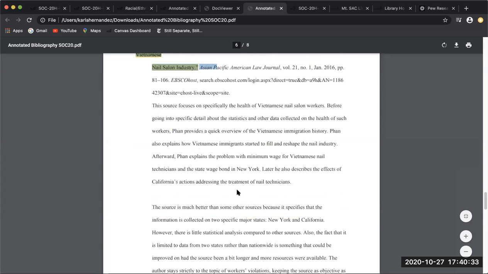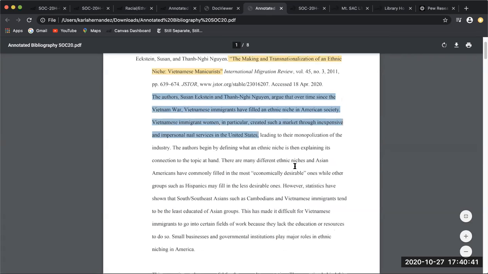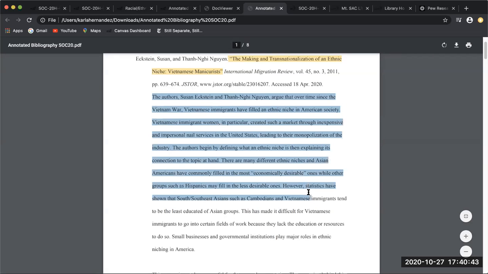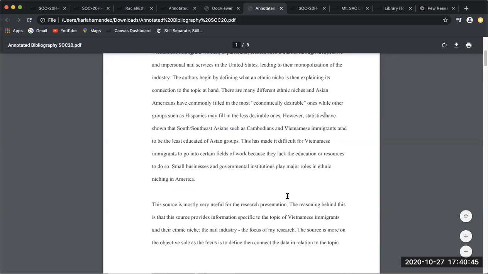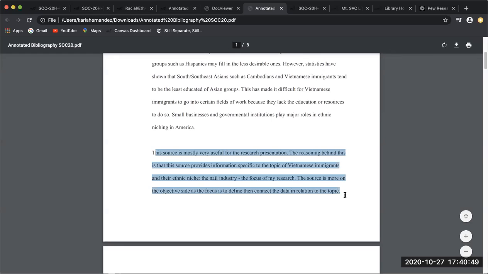So how are you going to organize your sources? Alphabetical order. So once again, you start with your citation and then you go into your summary of what they found. What do you think about this resource?